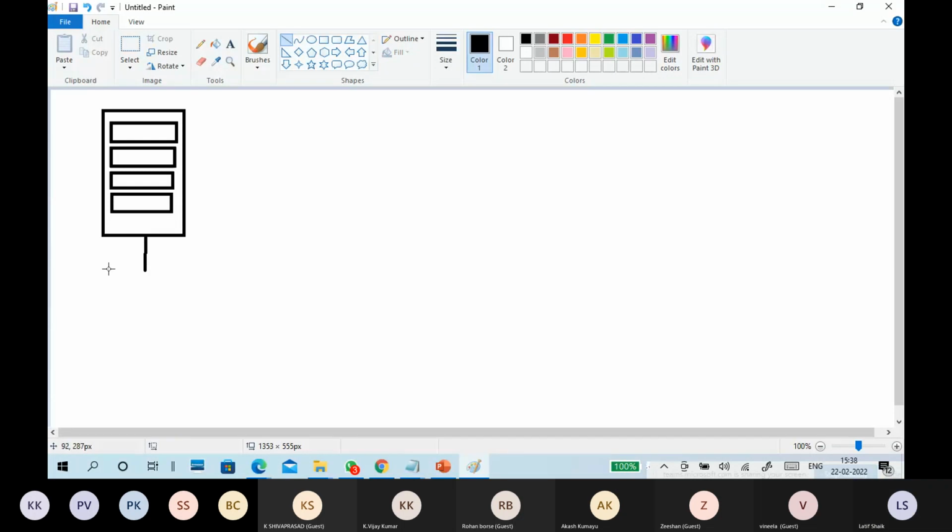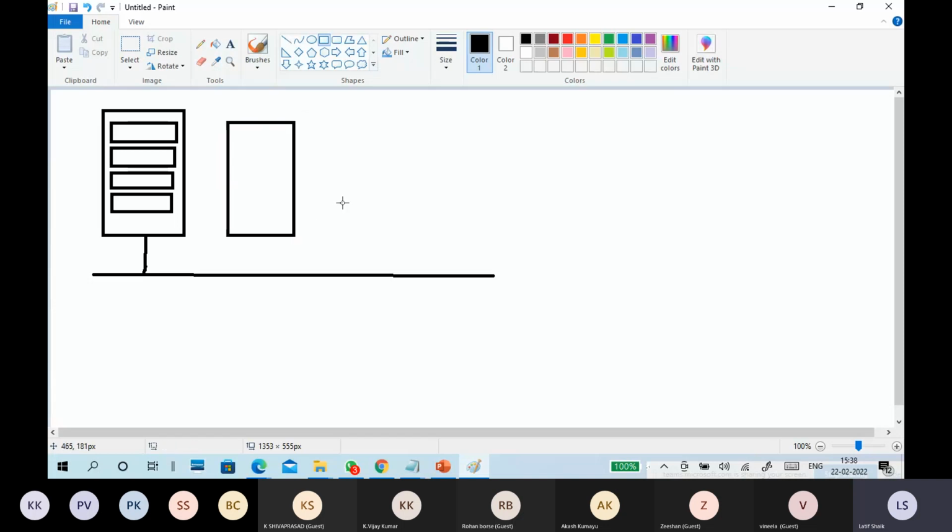I connected the disk and I connected this box to the network, so we can directly connect to it. Now what I'm going to do is I have a server. This is the iSCSI target server.